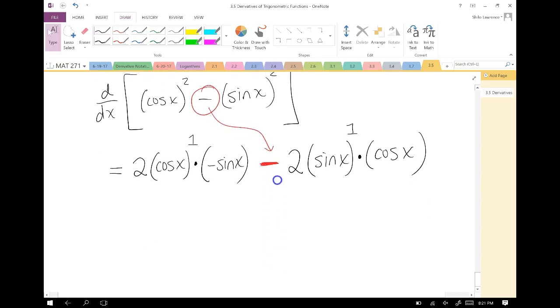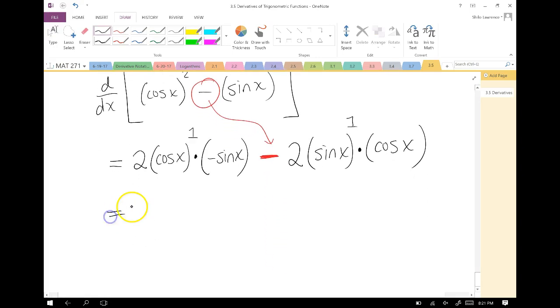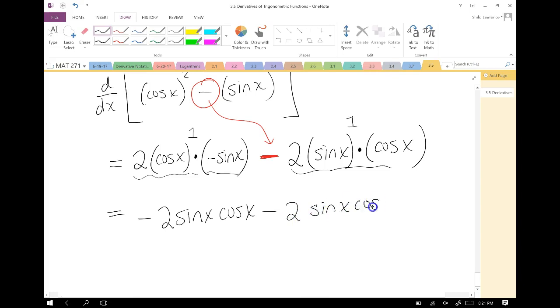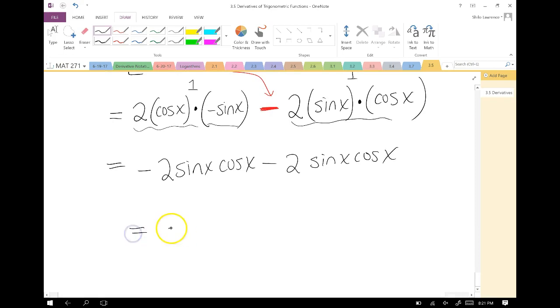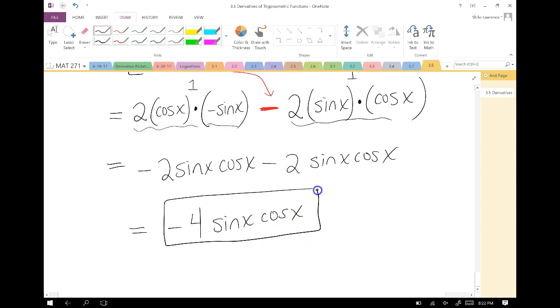And we'll clean this up a little bit and simplify. This really is just negative 2 sine x cosine x. This is minus 2 sine x cosine x. Those are like terms. So we could really put them together. This is negative 4 sine x cosine x. That is our second derivative,